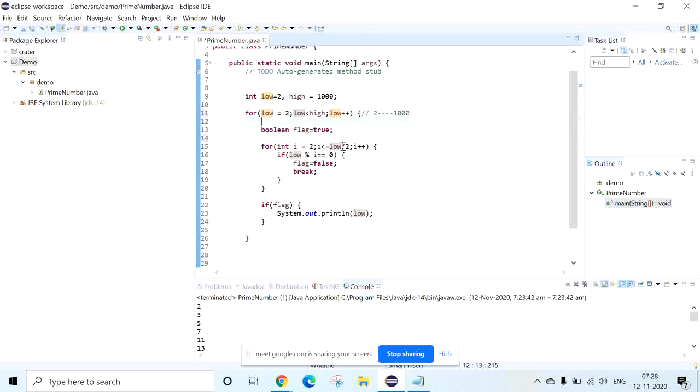When you take 6, low is 2, high is 5, so 6 is not a prime number. That's what we are doing here. When you take 7, the input comes from here, and when you take 10, it will again go up to 5.